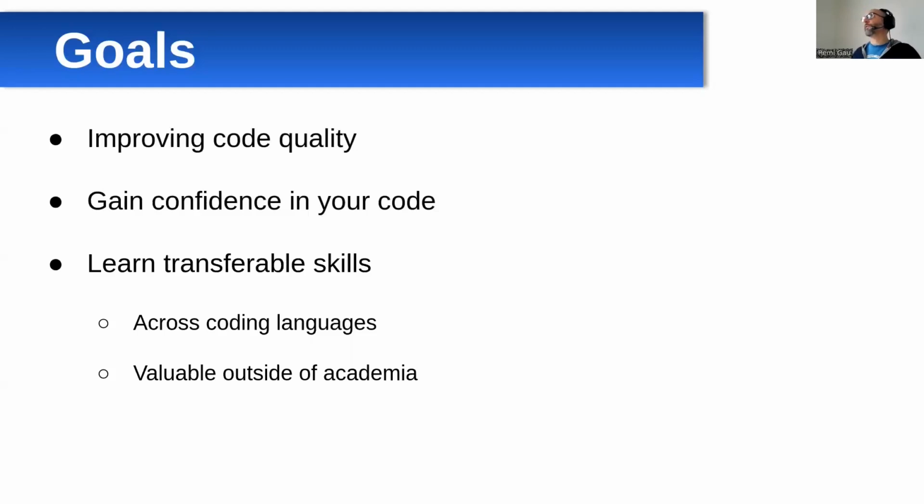And finally, those skills are also very valuable outside of academia. So if any of you is thinking of starting a new job outside of academia after your PhD or postdoc, and that job may have something to do with programming, a lot of the things I'm going to show you today are either taken for granted and everyone expects you to know them, or if you know them, it gives you some sort of advantage, and you'll be able to keep the ball rolling more easily than if you didn't know these skills.